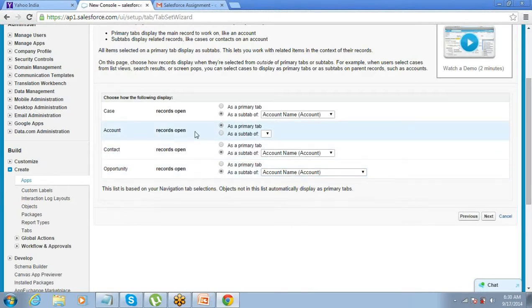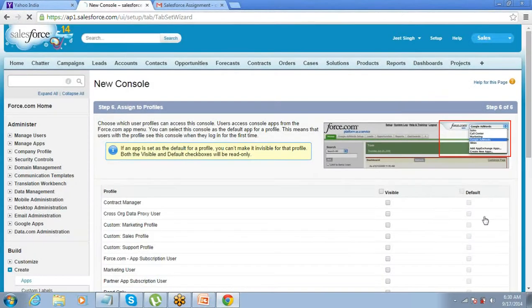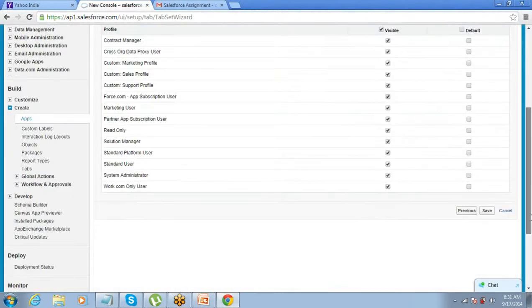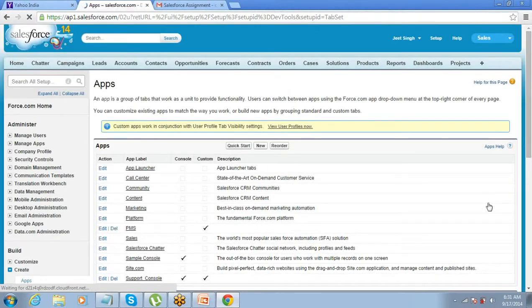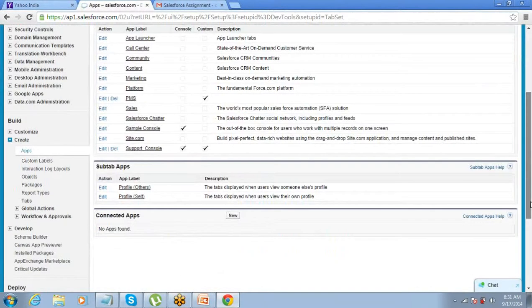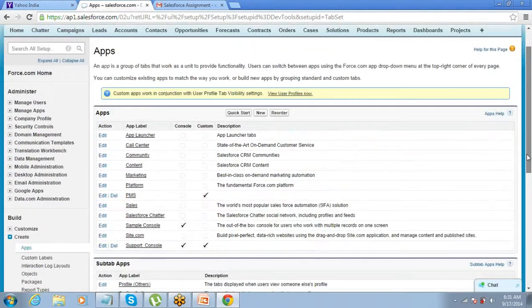So account is a primary tab, and these three are sub tabs. And then I click on next, save it. Same old profile assignment, save it. Done. So my console is created.